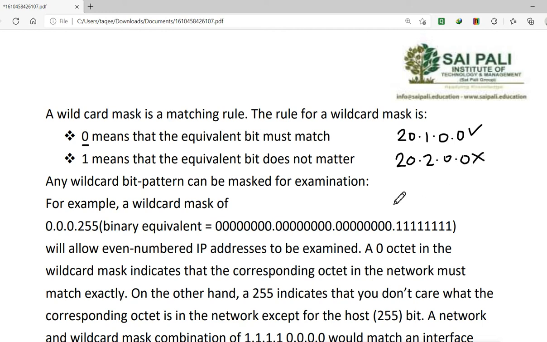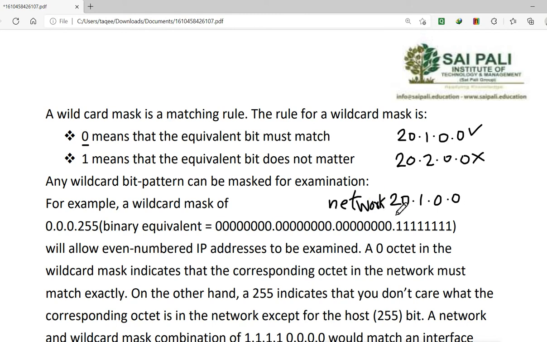I will give the command network and then 20.1.0.0. That means when I am mentioning the network in the OSPF configuration, with the network command I will give this network which I want to enable for the routing.